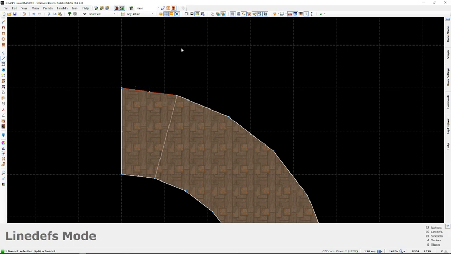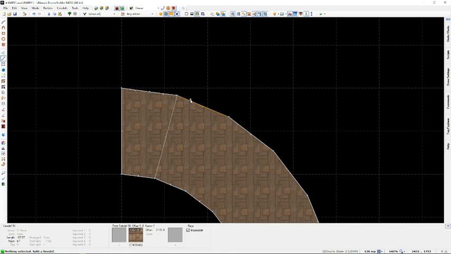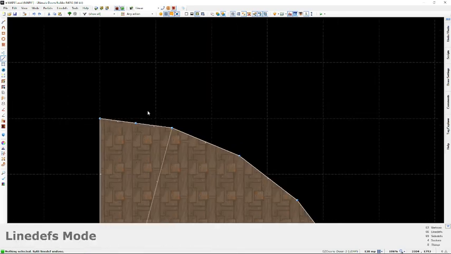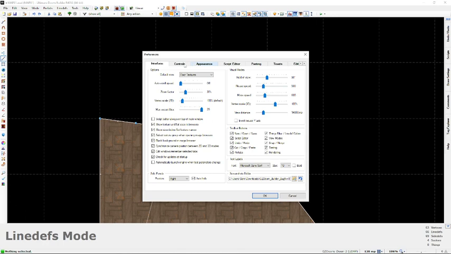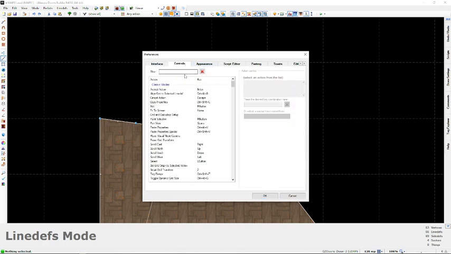So select that, don't have it highlighted. If I have my mouse over a line def and I press it, it splits close to the mouse, which isn't really generally what I want. I want it to split in the center. Once I do that, the other hotkey you'll hear me talking about all the time,